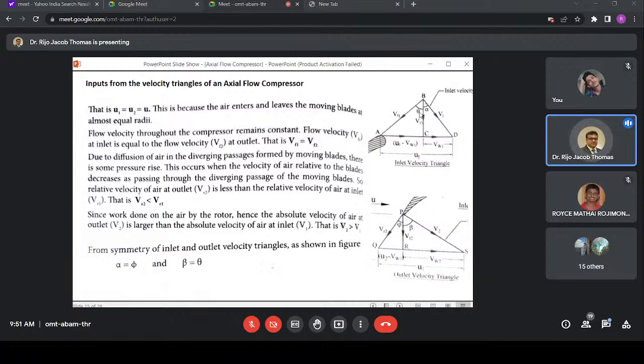And we can say that this alpha is equal to beta and this theta is equal to phi. Okay, so alpha is equal to theta. These angles are the same actually. Okay, from the symmetry. Okay, and beta would be equal to theta. Okay, so these are some of the things that we observe from the velocity triangle of axial compressors. Okay,